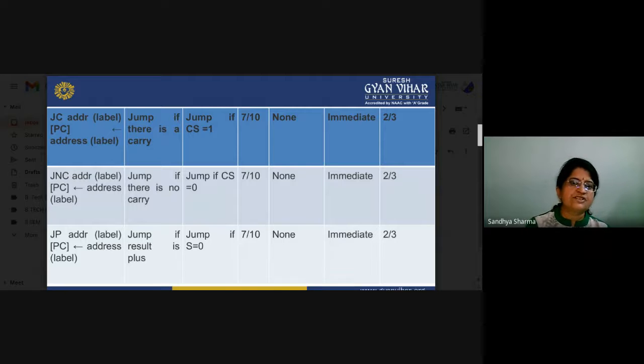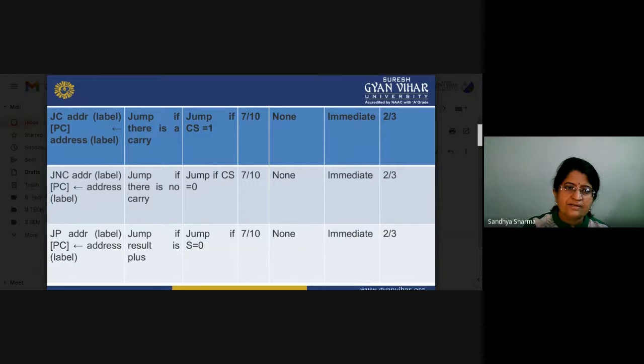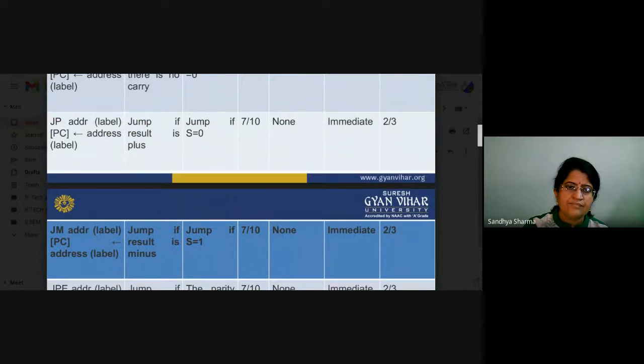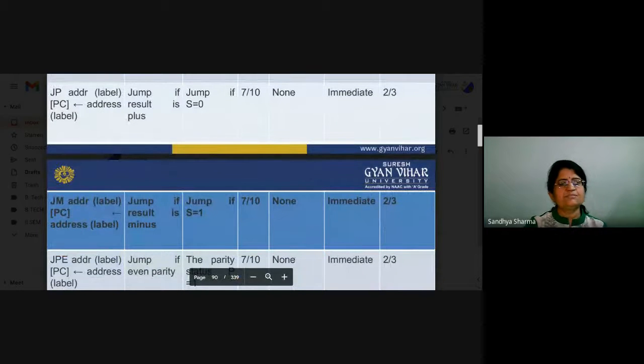JP is jump if the result is plus, and you can also use JM, jump if the result is minus. So according to what type of result we are receiving, we have to give the instructions.